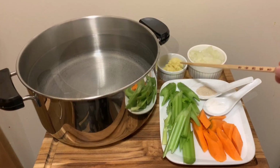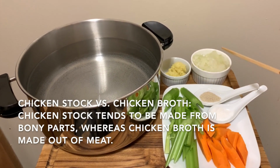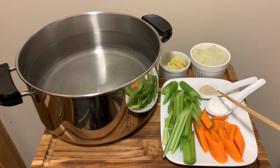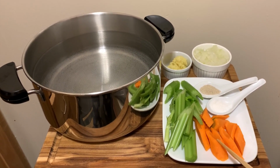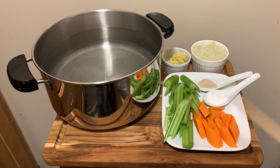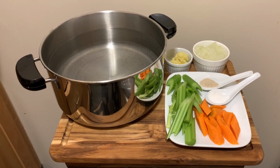So I have here 2 tablespoons of ginger. And I have here a whole onion that I grated. I have here the white pepper, salt, 1 carrot, 2 celery sticks. And that's going to be put all into the water, bring it to a boil, simmer for about an hour